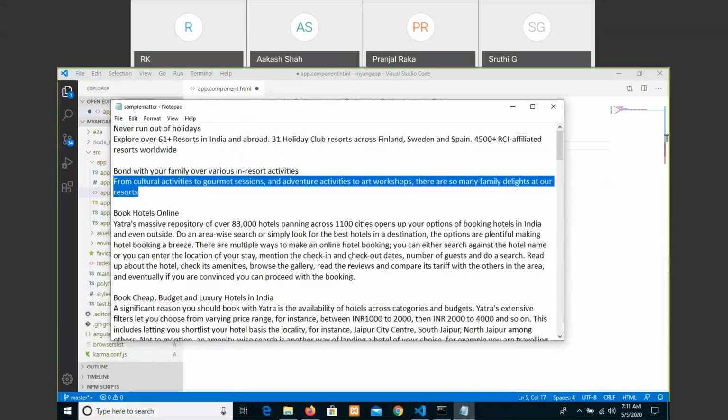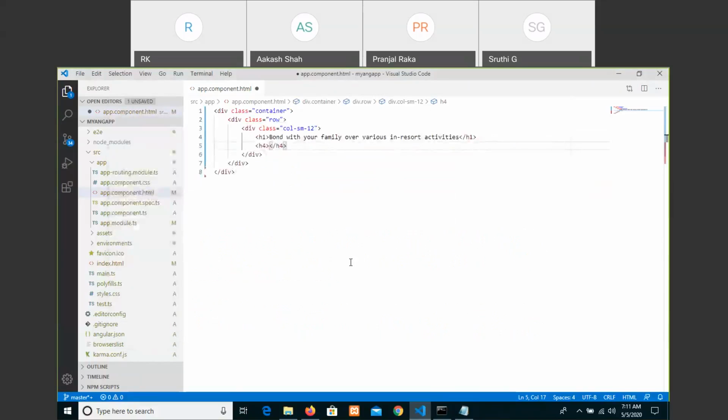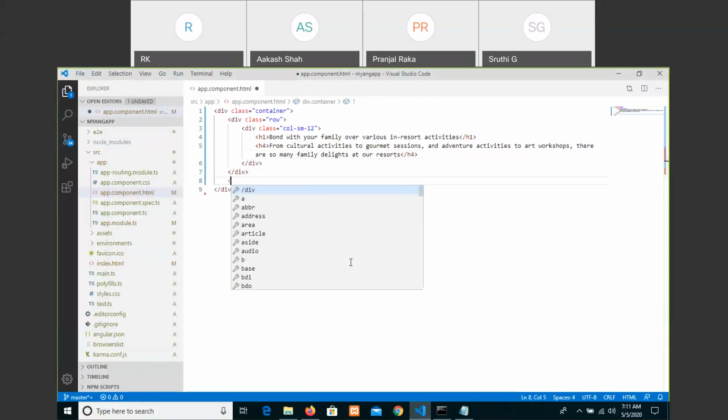It's not important to write something like this. I'm just writing sample. After the row, let me create a new row.